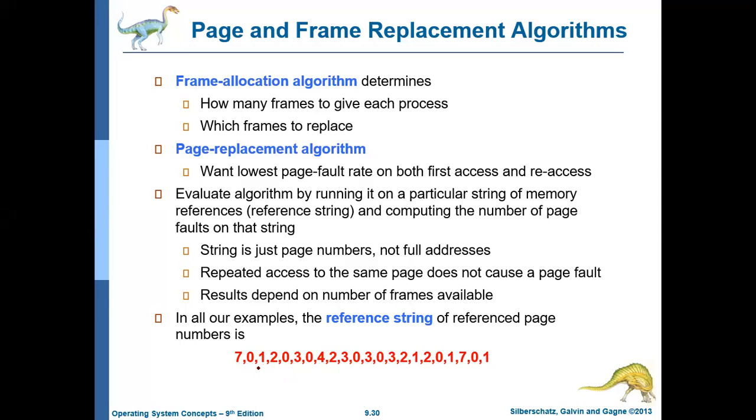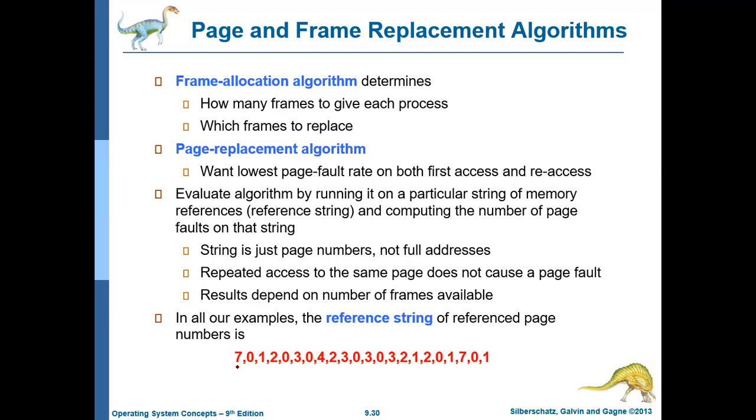As you are running your process, you will require page number 7, then page number 0, then page number 1, then page number 2. So this is the order of page numbers which is going to be used in your system. But all these pages you cannot maintain in the main memory at a time, because your main memory size is limited. That you need to understand. This is the problem we are going to solve now.